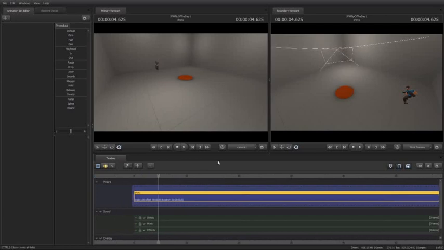So for what it's worth, if you want to use the mouse scrub on the timeline, just make sure that your mouse pointer is positioned in one of your viewports before you press the Shift key and scrub to your heart's content. That's the first tip of the day for Source Filmmaker, and I hope you found it useful, and I will be doing more of these.